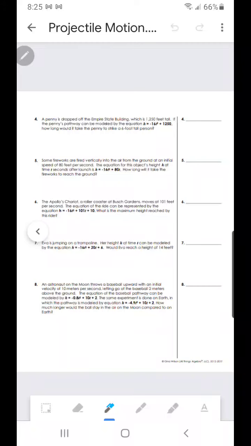Okay, here on the second page, we're not going to do number 8, so you can cross that out. I'm going to work out 4 and 7, and I'm going to let you guys do 5 and 6. So 4 and 7 do have a little bit of a different feel, a different way to ask the question. So let's look at